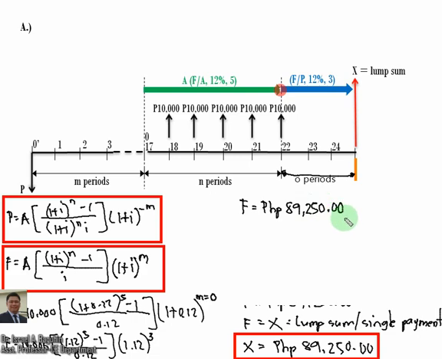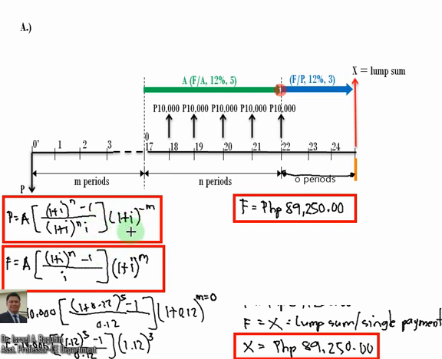89,250, okay? So actually you can use now the formula, no? And then you have the option also to use my own approach, that you first calculate the future amount here, and then this future amount will become the present amount in calculating the future amount during this end period, of periods rather, and then you get the value of your single amount or single payment or the lump sum. Or you can opt also to use directly this formula as discussed in our first slide,